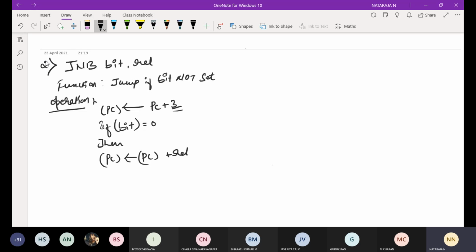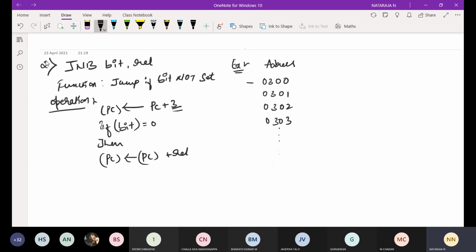Next, with respect to this, we'll take one suitable example, some addresses as we discussed in the last instruction: 0300, 0301, 0302, 0303 and so on. Why? Because I'm going to specify after the program counter.